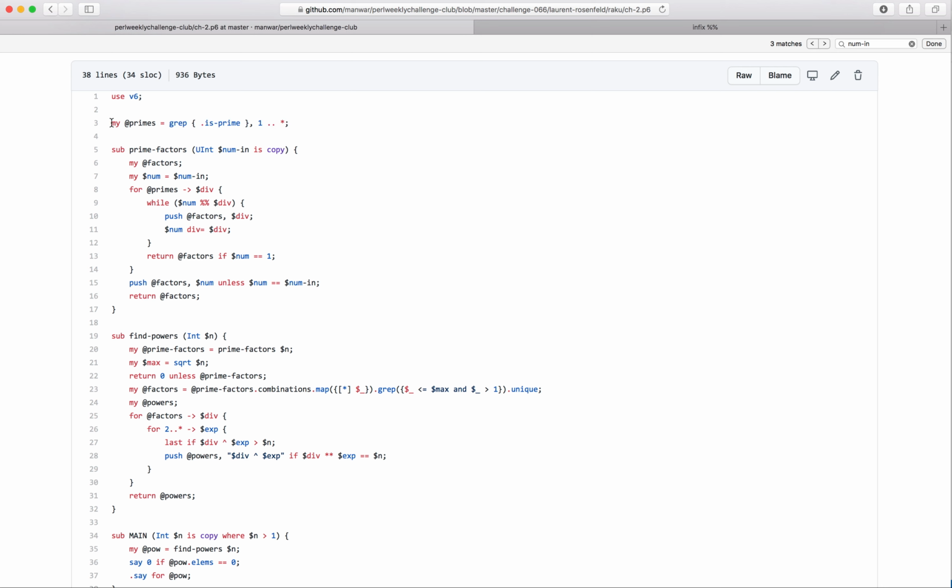An array containing the prime numbers, well, potentially until infinity, and then we just go through them and compute them on demand. And this div is basically a prime number from this row. And while the divisibility operator is here, while we can divide,